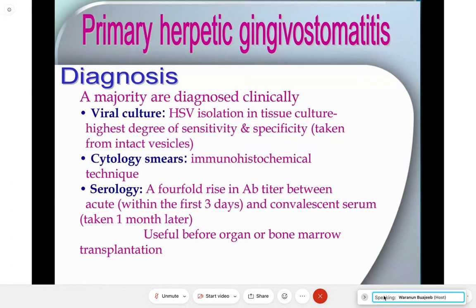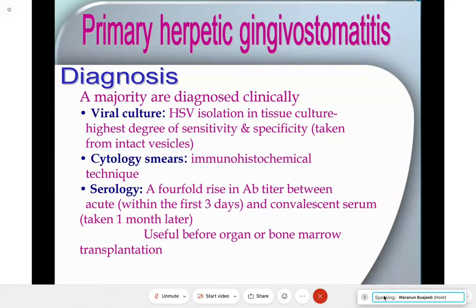And the result is at least a fourfold rise in antibody titer to herpes simplex virus, which can confirm herpes simplex virus infection. But because it takes at least 1 month to know the serology result, and normally the lesion will disappear after about 2 weeks, it's no help in diagnosing this disease,